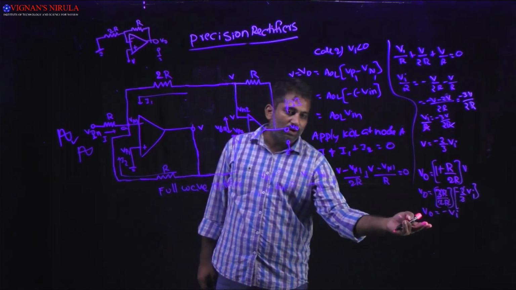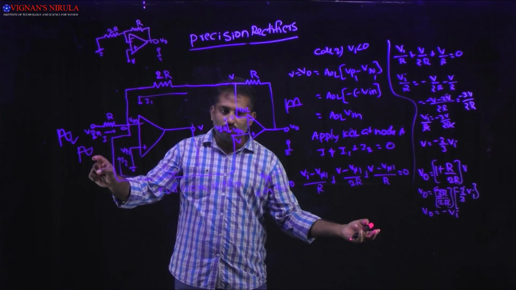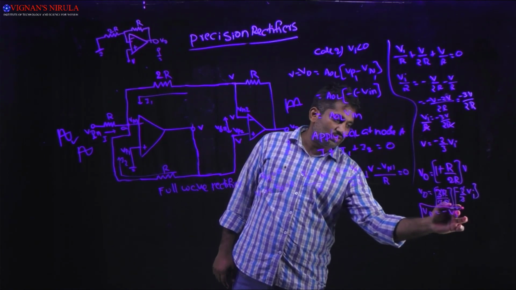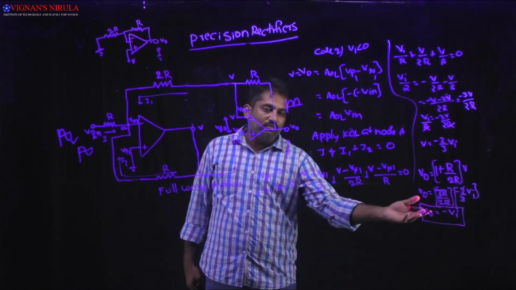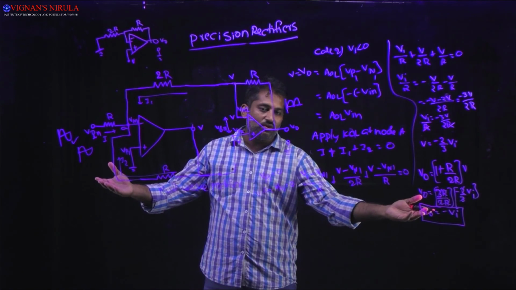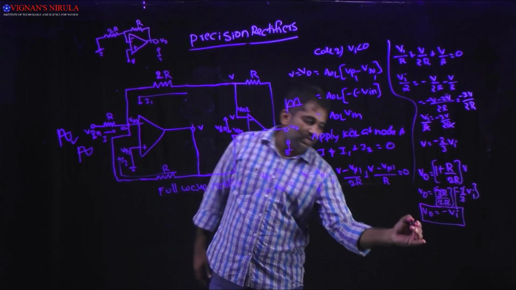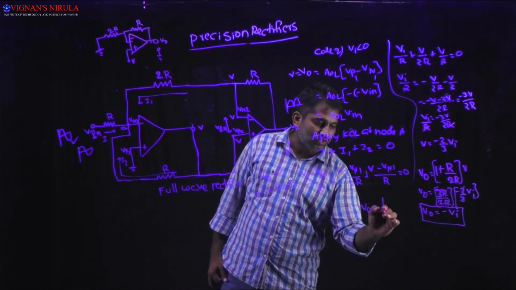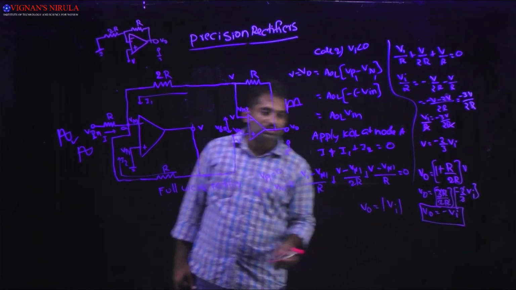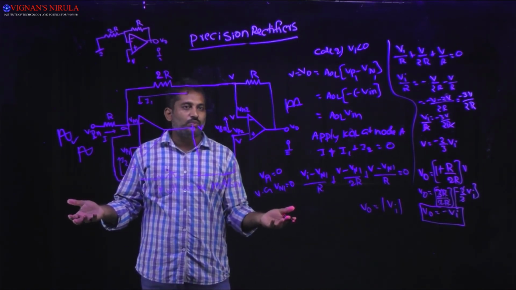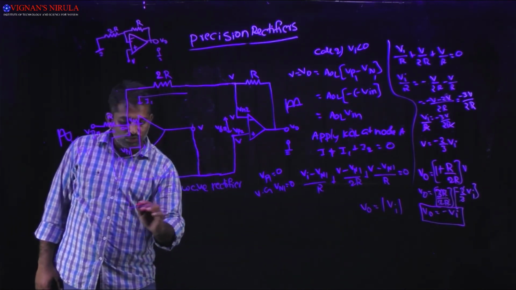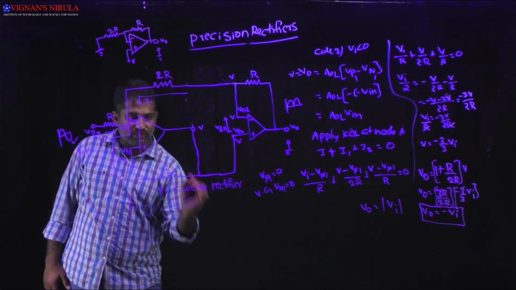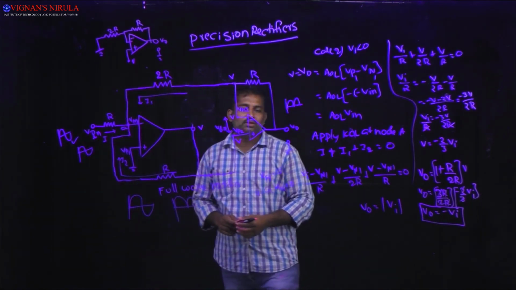For the negative wave also, even when applying the input as a negative pulse, because of the condition V naught equals minus Vi, where Vi is less than 0, you get V naught positive. The full wave rectifier condition is V naught equal to modulus of Vi. From this we again get a positive pulse. So for the full wave you applied, you get the full wave rectifier. This is a precision rectifier.